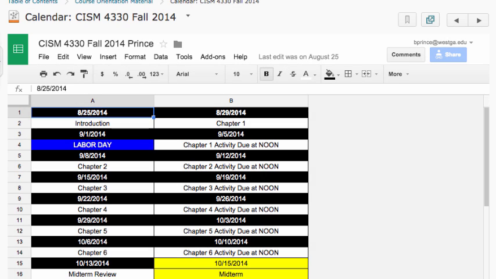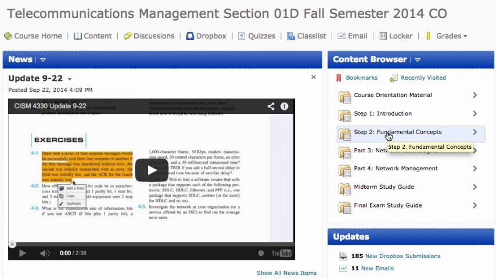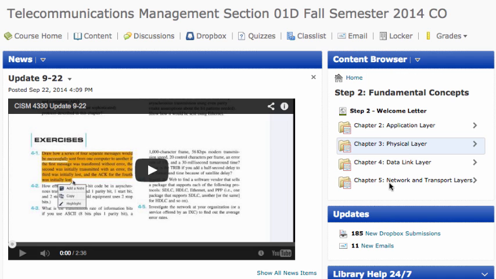Good morning, everyone. Today is Monday, September the 29th, and this week we are working on Chapter 5, which is the network and transport layers of the OSI model. This is your last week in the general technology functional background part of how information systems work, basically the OSI model. So when you go under Step 2, Fundamental Concepts, you see that we're finishing up the fundamental concepts now